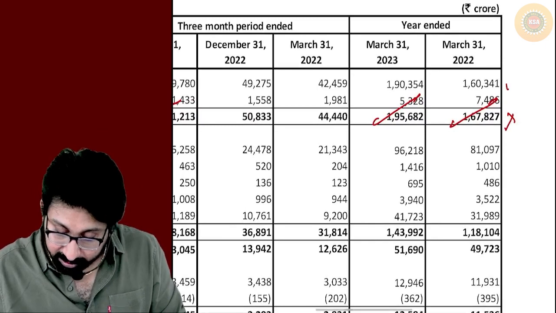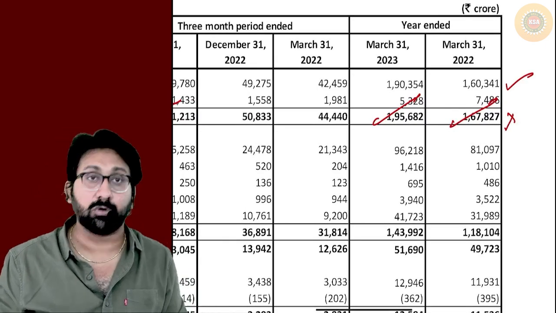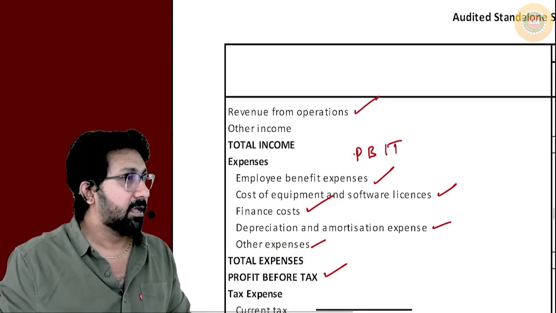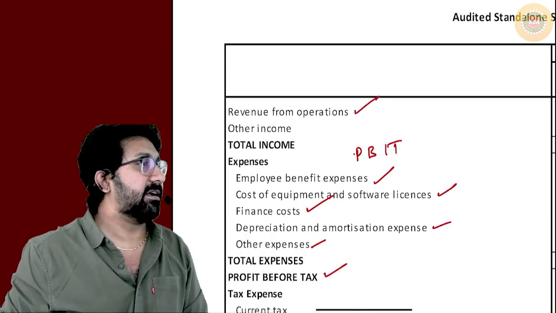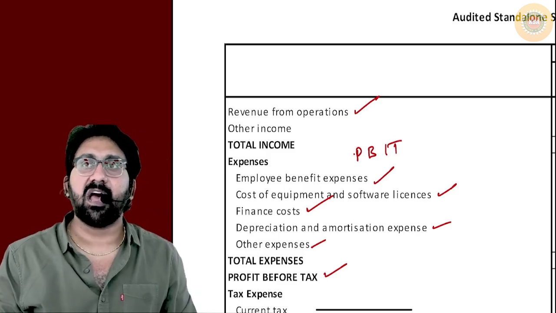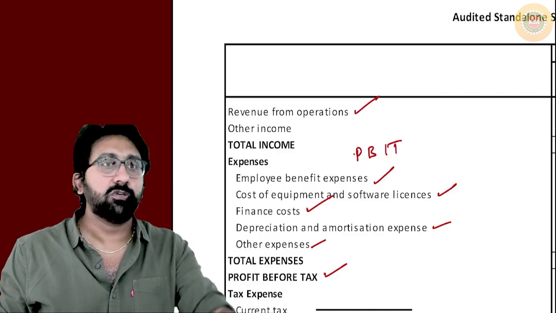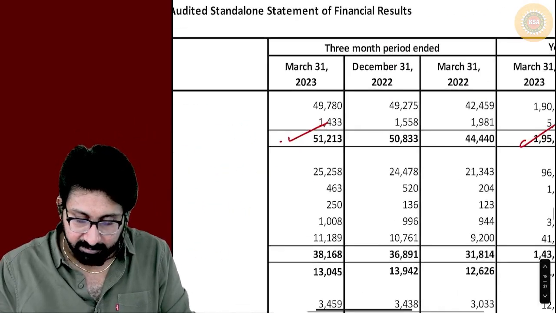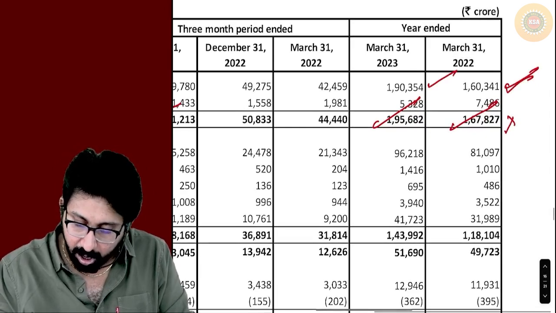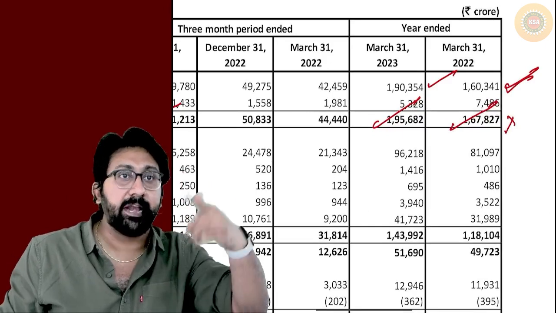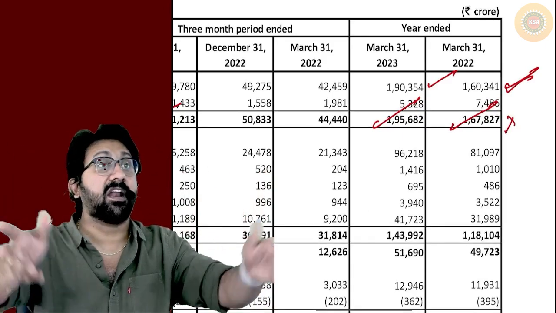No, this is not it. 1,60,341. Only operations we have to take. TCS is having a vacant land, agricultural land. That agricultural land is giving a revenue. That is non-operating. You should not consider them. Are you understanding the point or not? So always we should consider only which one? Operating profit considers only operating income. Net profit will consider all incomes.